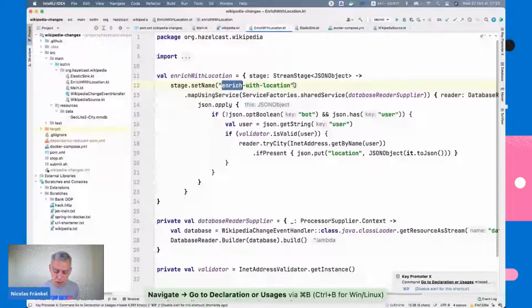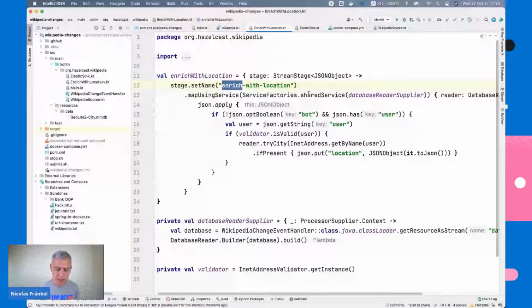What I'm doing is I will use the API, and if I find the city, that means first I need to check if this is a valid IP. So I'm using another library because I don't want to run into the exception problem. You might know that on the JVM, exceptions are quite time consuming, resource consuming.